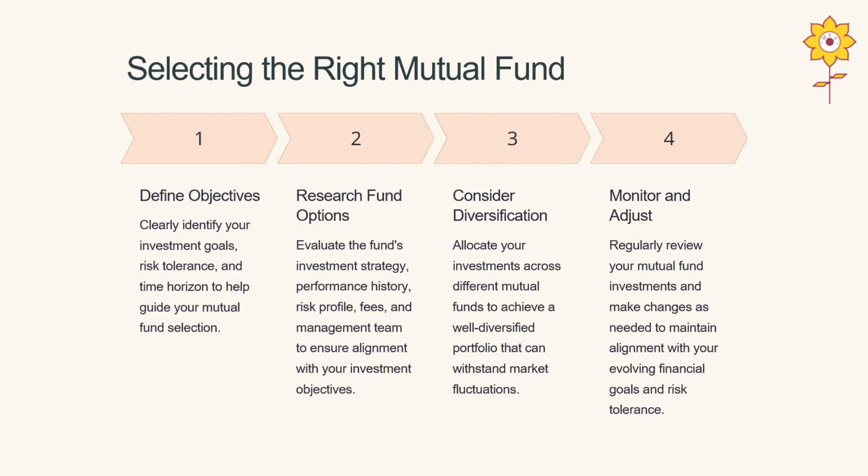In summary, you came to know what a mutual fund is. In one line, it is a pooling of money, where you pool money into the market. It has a lot of risk factors. It also comes with fees and expenses, so you have to pay attention to the expense ratio. It has a lot of benefits along with it, but you have to consider everything, right from objectives, research, diversification, and follow-up and adjustment of portfolios in selecting the right mutual